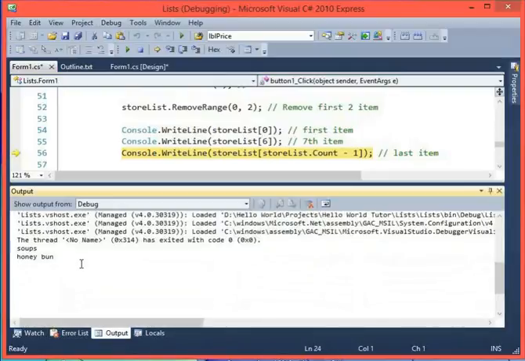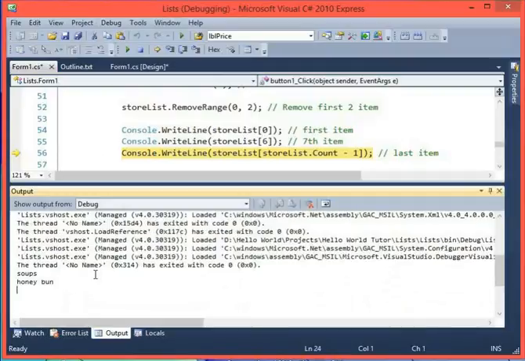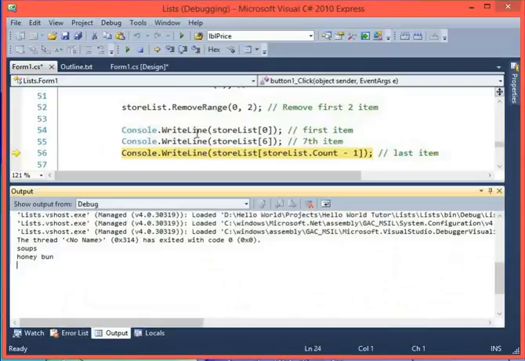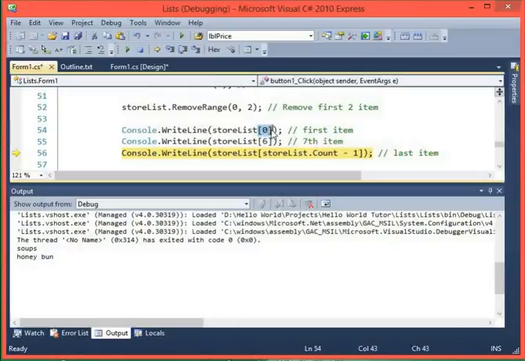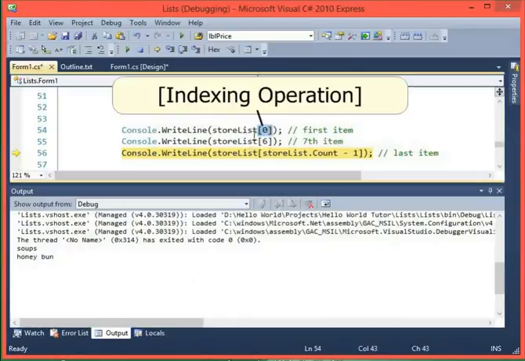And this is kind of like that console. Remember the console apps? This is kind of like that, but it's called output, and this is a window where you can use the console.WriteLine to write to it. And this is something I recommend. You can write values or test data or whatever to this output window. So I've used the console.WriteLine just like we do with console apps, but this time instead of writing to a console, it's going to write to this output window. With the index numbers, and just like with arrays, you can use these square brackets